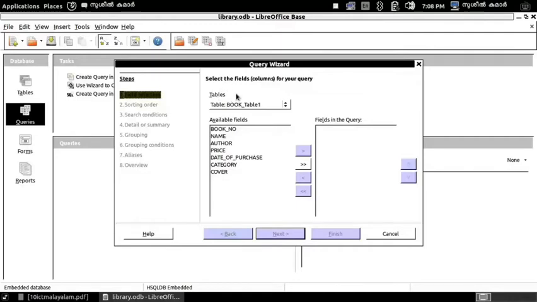The first column is the table name. The second column is the names of the columns in the table. If we want to create the query for another table, choose the table from the table name. Now we are going to make the query for the table book_table_1, and the available fields in the table are book number, name, author, price, date of purchase, category and cover.